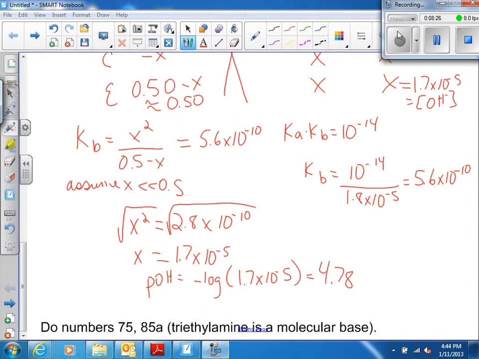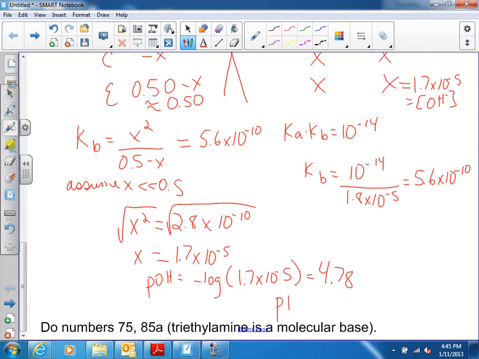4.78. Now notice I added another sig fig. It's okay if you don't do this. When you take a log of a number, you actually gain a sig fig. Now that's the pOH. The question asked for the pH. pH is 14 minus pOH, which is 14 minus 4.78,